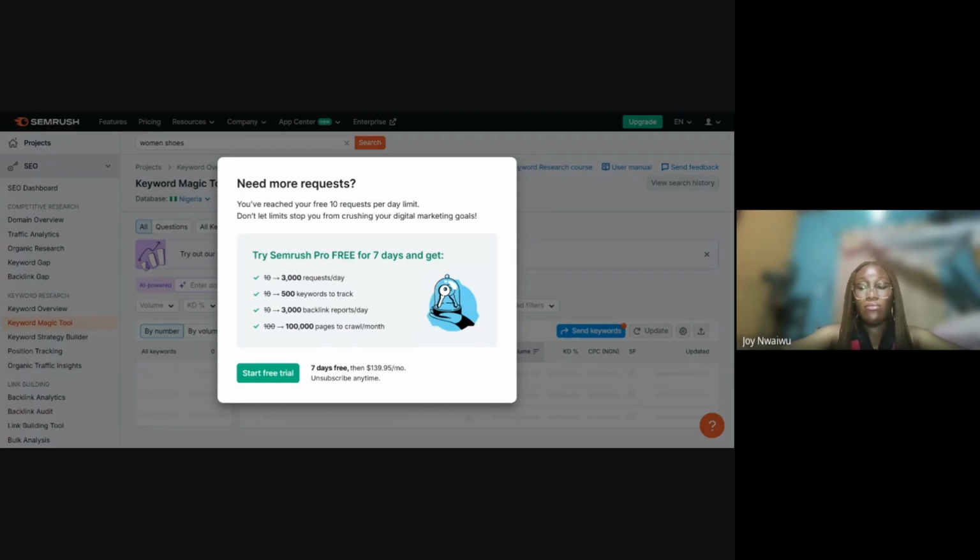Another way to do keyword research or know where to even start from is, obviously, you have to do in-depth research on your own as well, because you want to make sure you are ranking better than your competitors. You want to outshine your competitors, because it's a business. So even without using these SEO tools, you can just look at their websites. You can look at their blogs, their content. What are some words or phrases that you're seeing repeatedly on their websites? That's how you know what keywords they are trying to optimize for. Because if somebody is trying to optimize for a keyword, you'll definitely want to place it strategically a number of times on the page. So you can also identify this on your own without even using these tools.